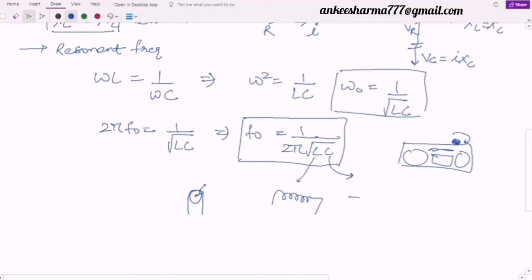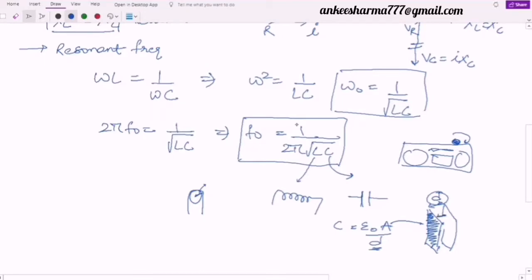But if you look at the capacitor, if I take a parallel plate capacitor, that capacitance C is equal to epsilon naught A by D. So this A is the area of these plates. This is the area. If I draw this diagram in a different way, then you will see that this will be my parallel plate capacitor. So this is the area that I'm talking about, the area of the cross section, and D is the distance between these two plates. Now just to change the capacitance, if I change only the D, it is easy for me to change this distance, right?